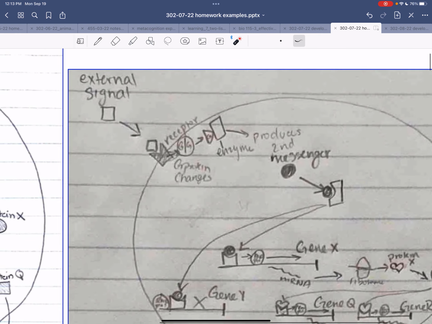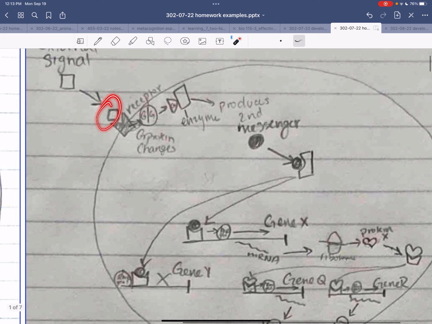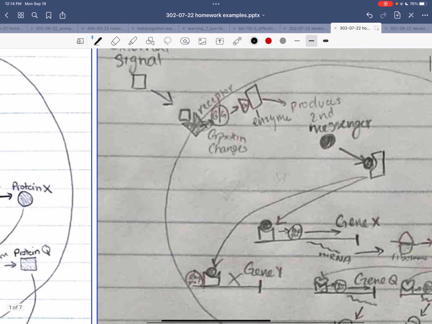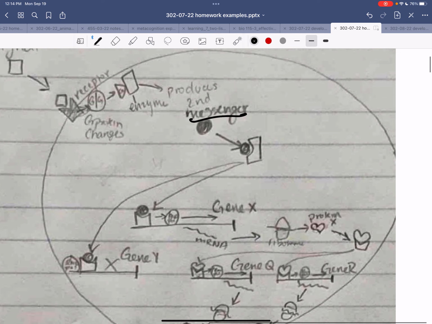Here's another example. External signal, G protein coupled receptor. Here's adenylate cyclase, producing, faster just to write, cyclic AMP, made from ATP. Binding to a transcription factor, and here's the combination. Now, the way it would actually work, because second messengers don't last very long, so this would actually be a kinase